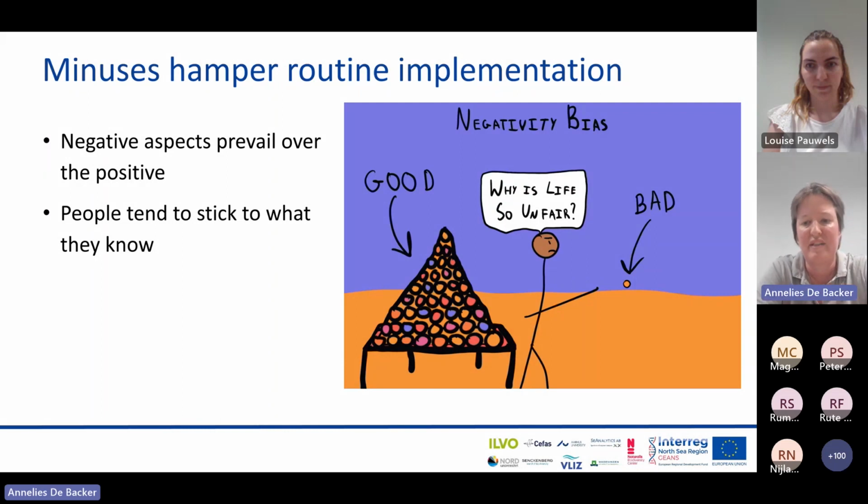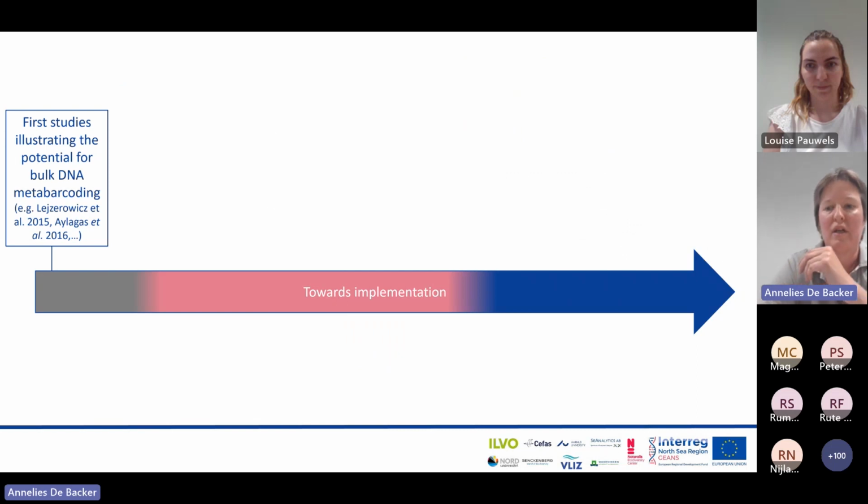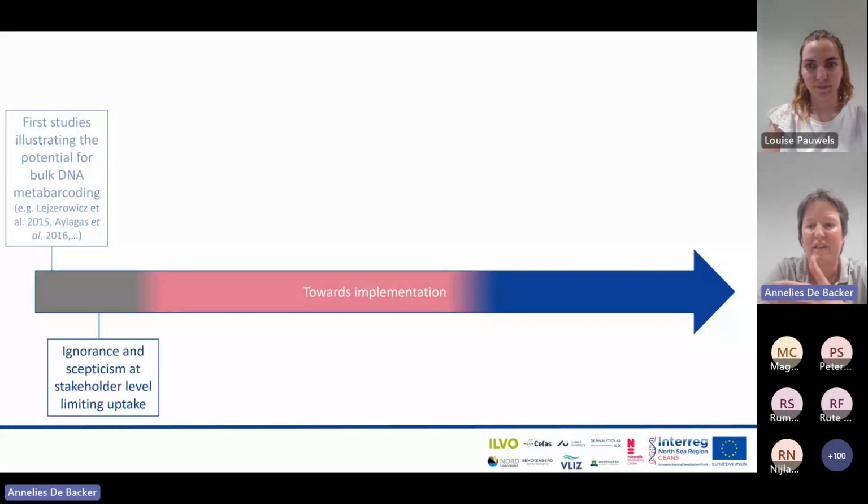So, but nevertheless, we've taken several steps, and let's have a look how this challenging road towards implementation looks like. Of course, it's important to acknowledge that before GEANS, there were already several studies that showed the potential of bulk DNA metabarcoding, and we have been building further on that knowledge. But at the time that the project started, uptake, especially at national stakeholder level, was still very limited. On the one hand, because there was a high ignorance on what the potential of DNA-based methods were, but also there was a level of skepticism, as mentioned, because of the negative aspects. And these methods, they were still very much in a research